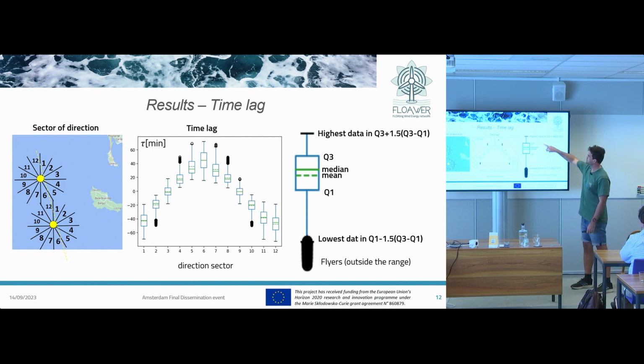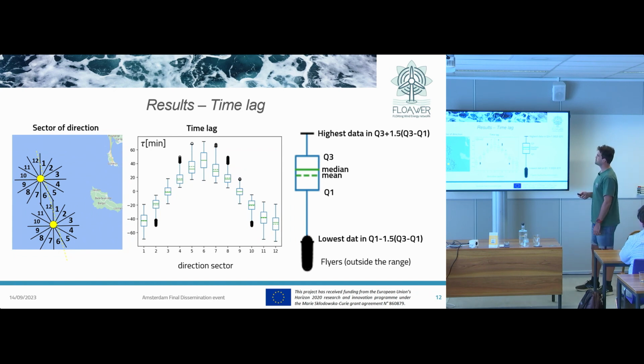So the box plot here, you have a big example here. This is the mean line. This is the median line. This is the first quartile, then the third one. And then you have the lowest data in quantile 1 less 1.5 times the difference between quantile 3 and quantile 1, so the 25% and 75% quantiles. So it's the box plot given by Python when you have a bunch of data, and the flyers outside the